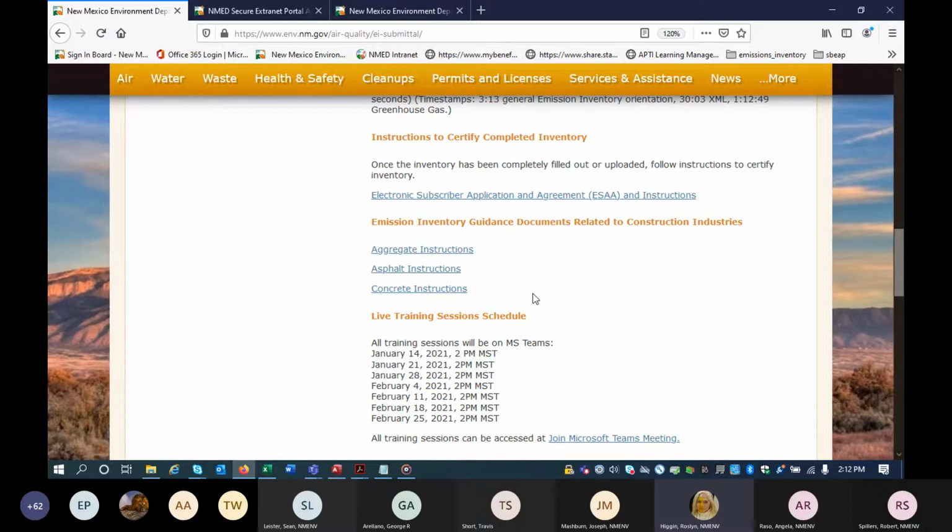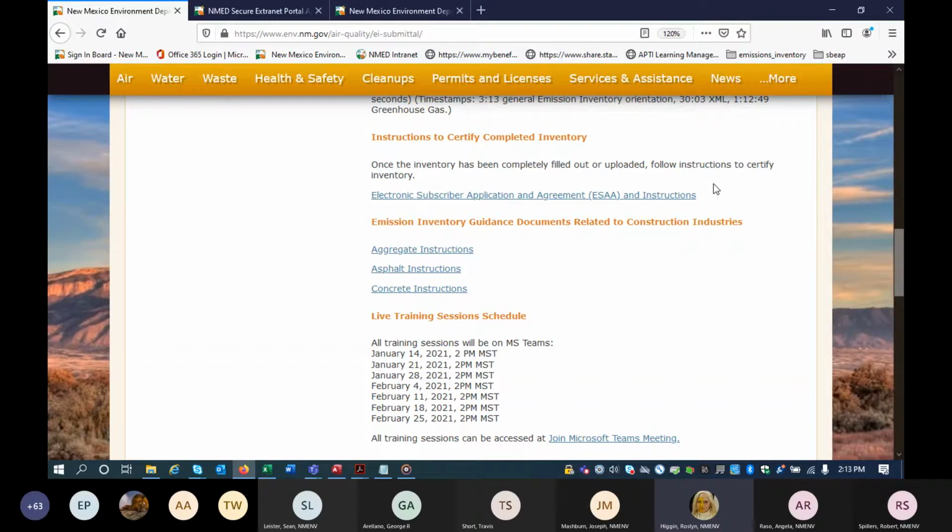So we will post the instructions on how to do that. It will be in PDF form under this section, under instructions to certify completed inventory, probably by tomorrow, today or tomorrow. And so you will be able to follow those instructions and become an official certifier,